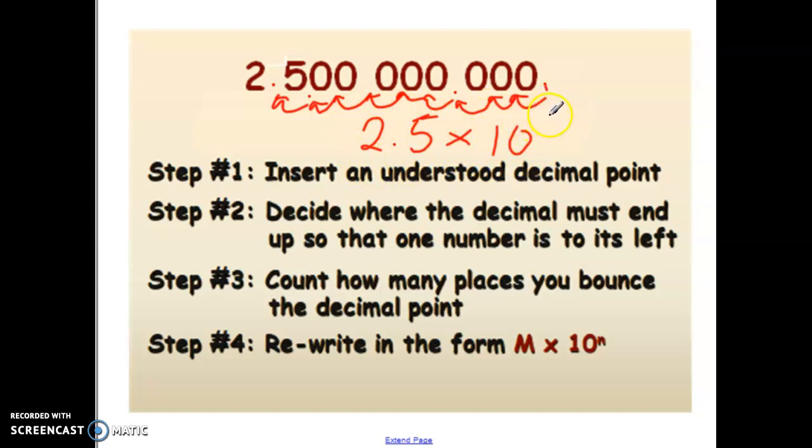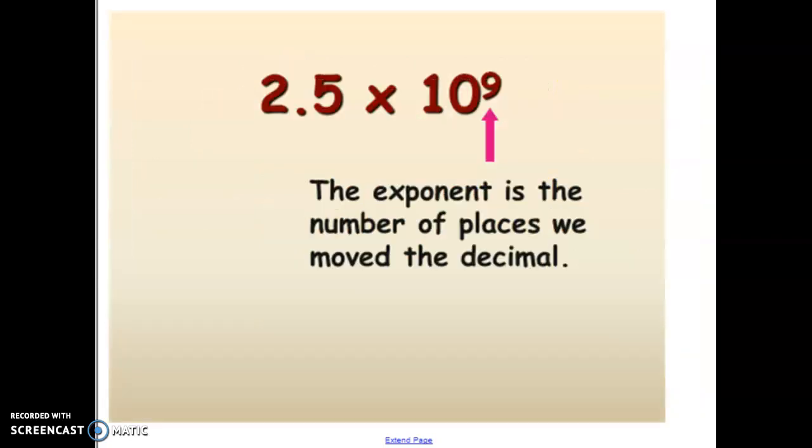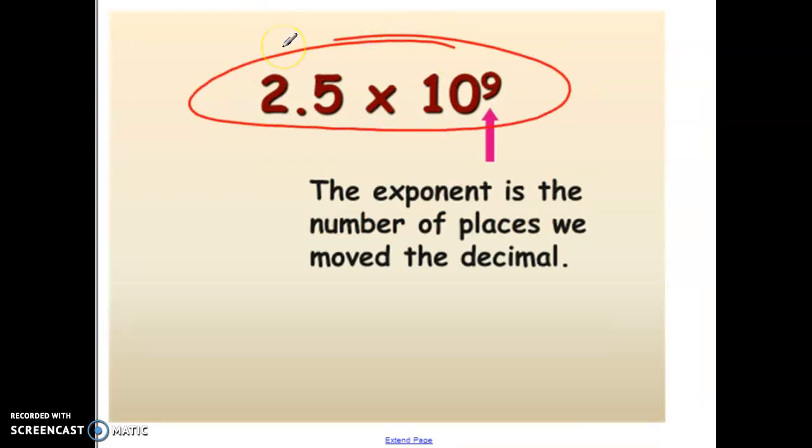The exponent is actually going to indicate how many times the decimal point was moved. So in this case, you would literally just count it out. We moved it 1, 2, 3, 4, 5, 6, 7, 8, 9 times. So our exponent here is going to be a 9. So we went from this really big number to a reasonable number that we can actually put into our calculators